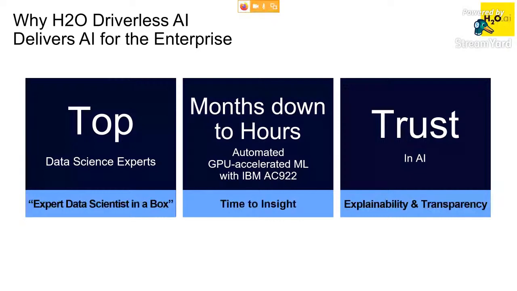And H2O Driverless, for most of the industries, they have pretty good